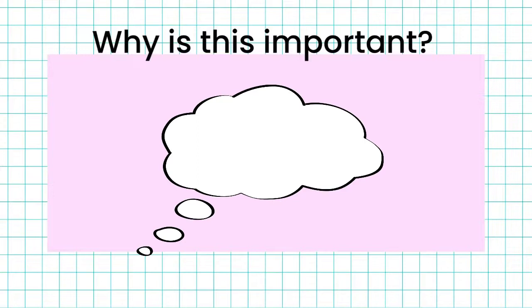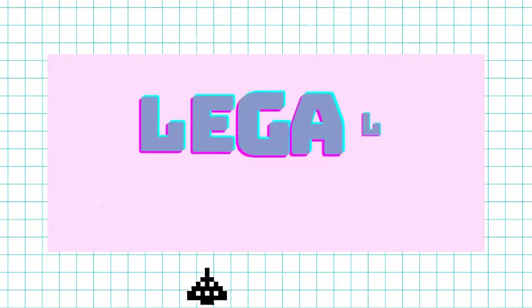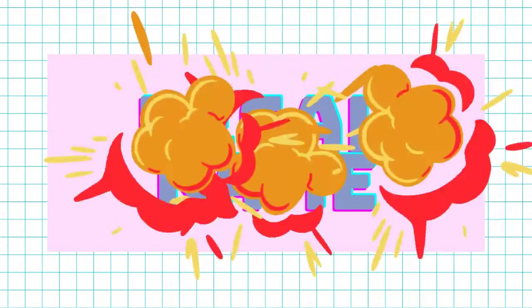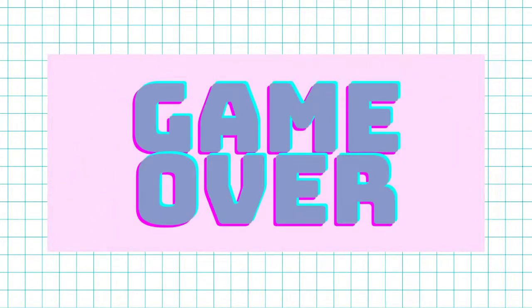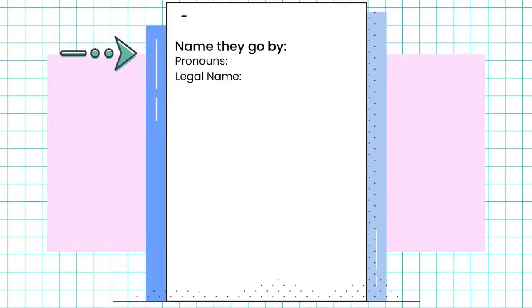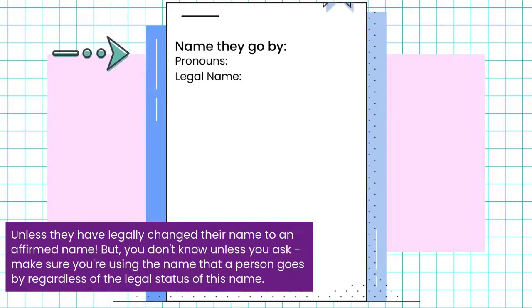So why is this important? For one, calling people the name they go by is respectful and validating for all of your clients. It can be extremely difficult for trans people to hear their legal name, or as it's sometimes referred to, their dead name. So ensure to only use the name they go by when addressing them or when talking to your colleagues. In your records, make sure that the name they use is first, and instruct all staff to use that name and not their legal one.